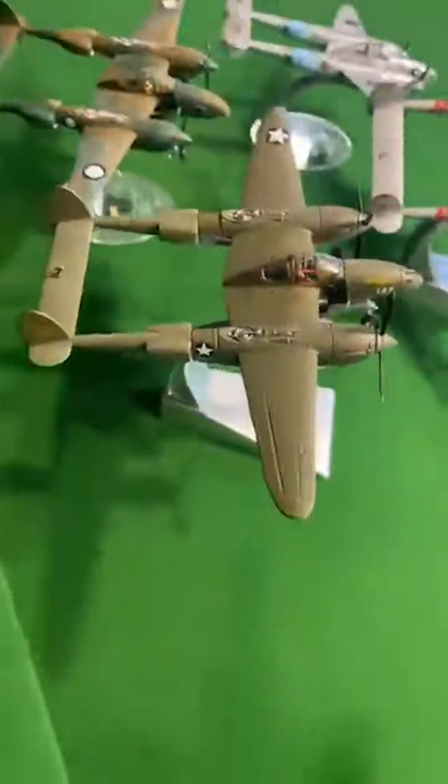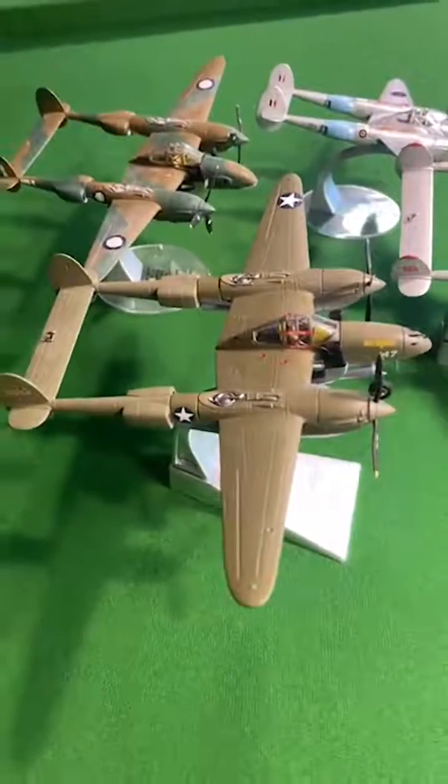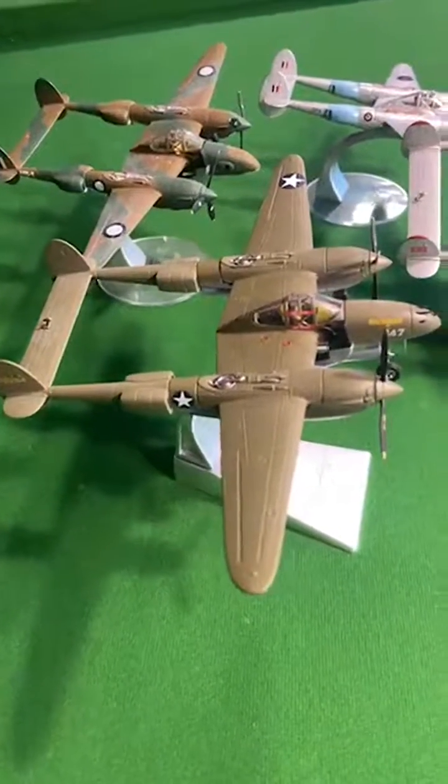Then we've got Miss Virginia. This one really, again, it's a lovely scheme. It's a little bit gappy, this release, for some reason. Not their finest effort, but beautiful scheme. This is the one that shot down,